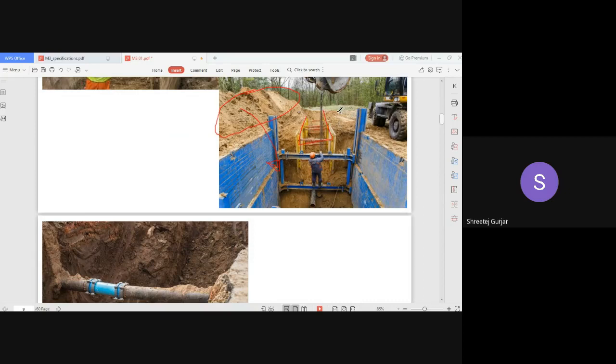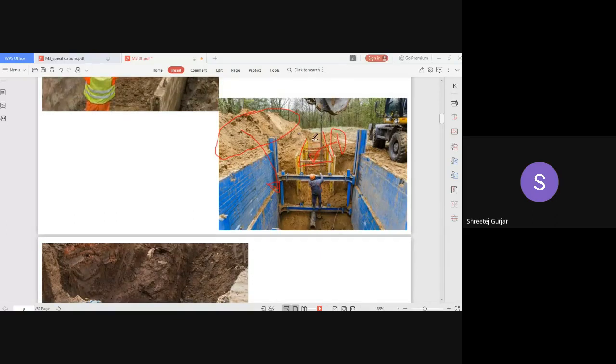This is very loose soil. It will not stand if you excavate. It is like sand, non-cohesive, so it will fall back inside and collapse. Because of that, specifically for these cohesionless soils, you have to provide this in your specification: what kind of timbering and how it has to be supported, all those things have to be mentioned by you.